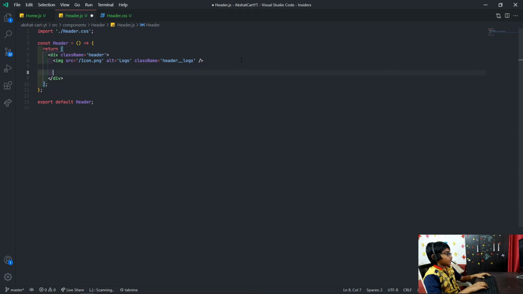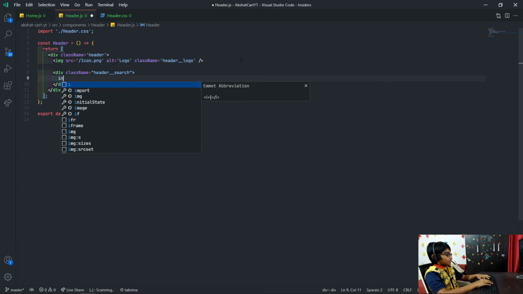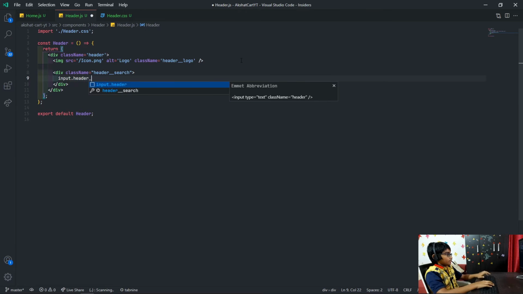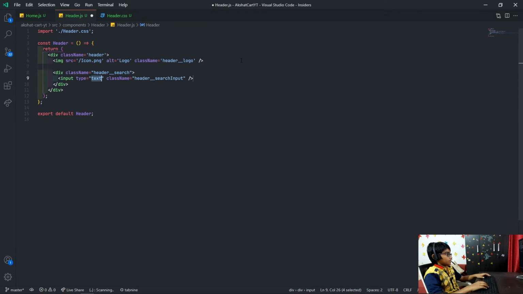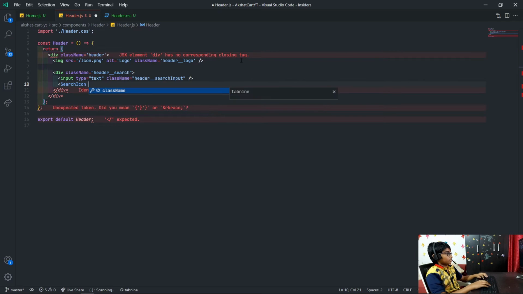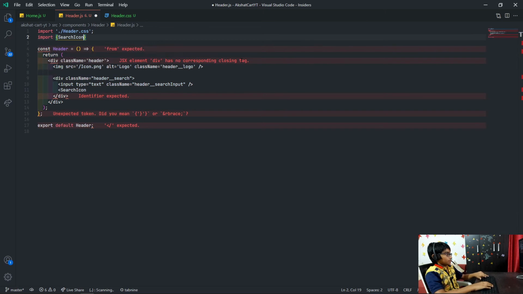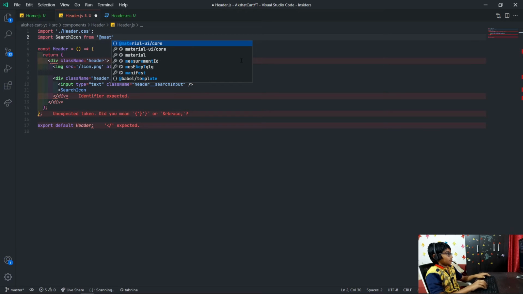Okay, after that what we want is going to be a div. So .header__search, and then an input with header__searchInput, like so. Now we want an icon, so it'll be search icon, and this is from Material UI. Search icon, let's just go ahead and import this. Import search icon from Material UI